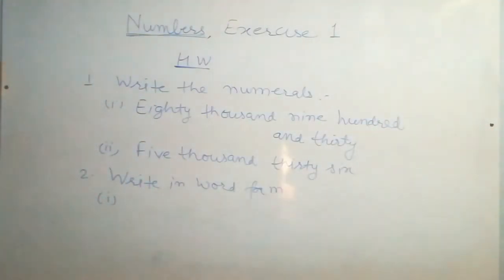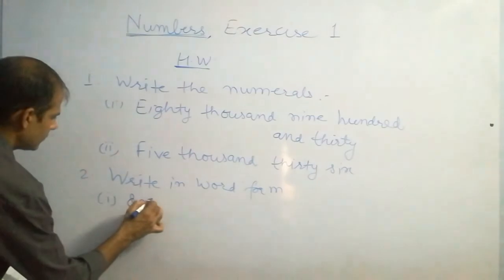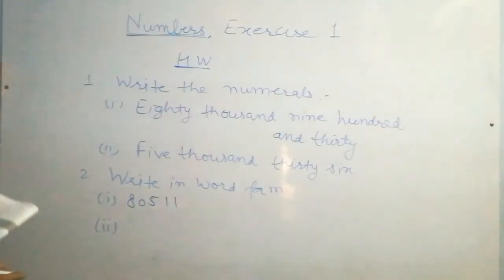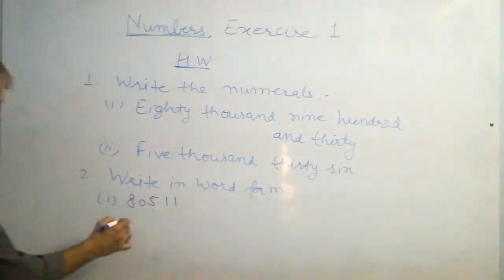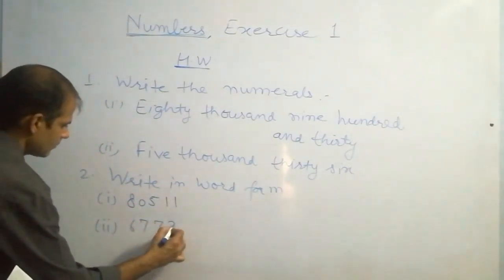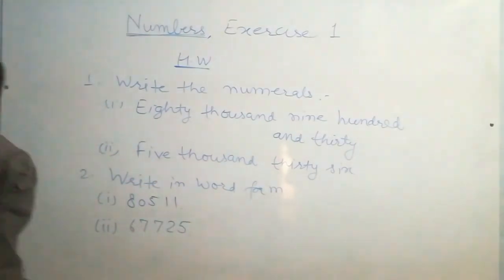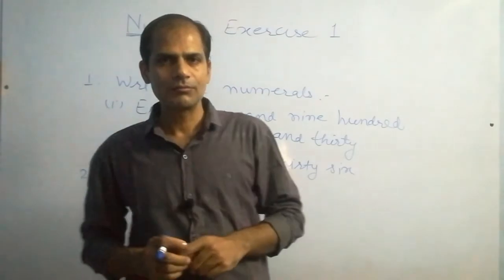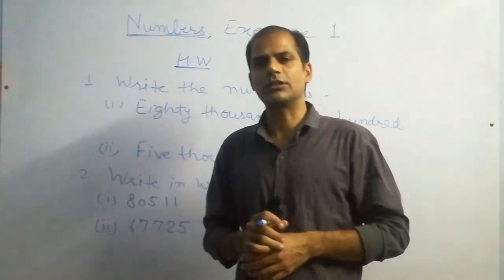First part, write in word form. So first number is 80511, and second part is 67725. Okay students, I hope you enjoyed this and try to solve these questions as a part of